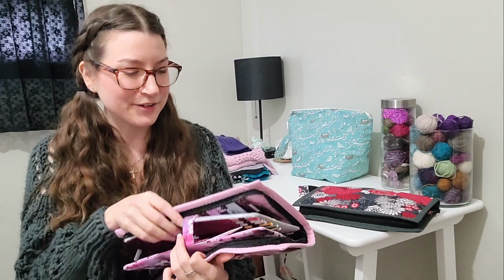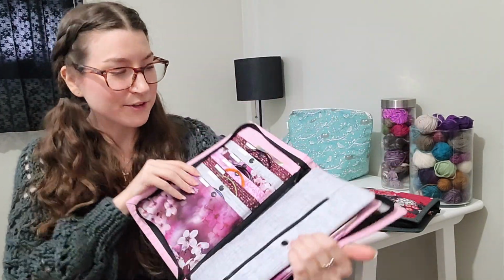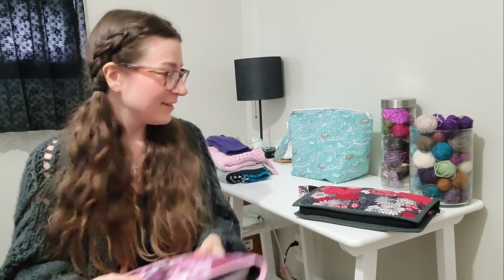I was just in love with this. When I saw the fabric, I knew I had to have it. Like, she matched the fabric so well. Look at that. That is so cool. So I'm really excited about this. And then,